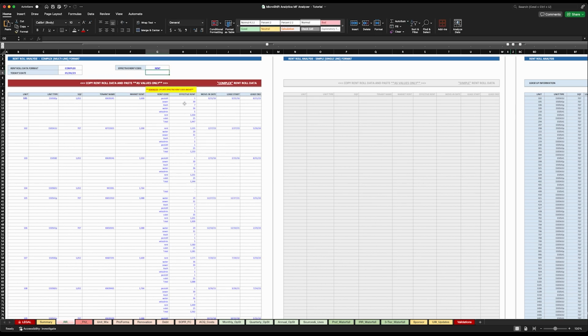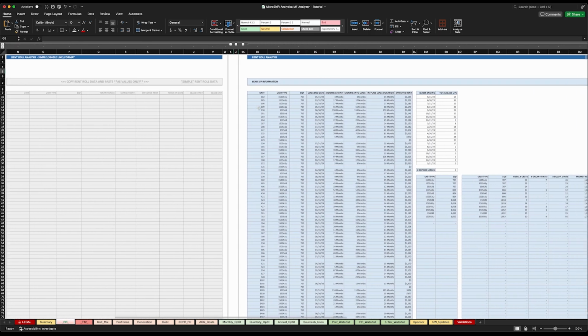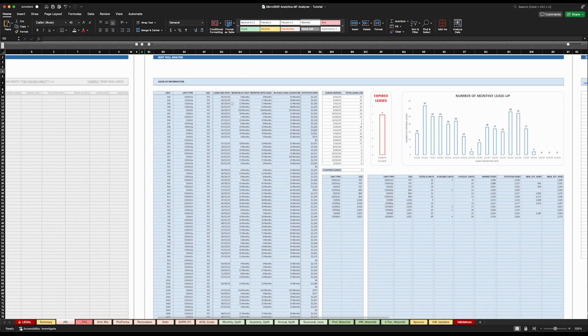With the rent roll data inputted into your complex rent roll data section, you can scroll over to the lease up information section. At this time, the analyzer has done a comprehensive analysis of the rent roll to pull out all the different unit types, the lease end date for each of those units except the vacant unit, the month at unit, so that is how long that tenant has been at that unit based on the move-in date,